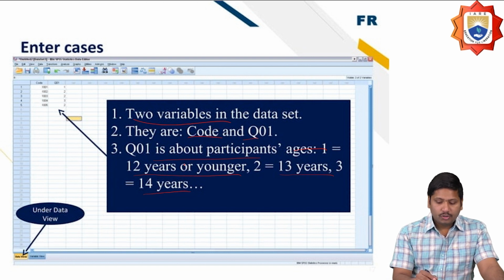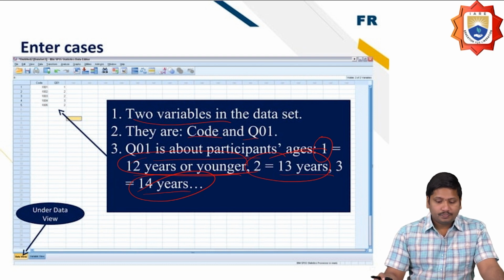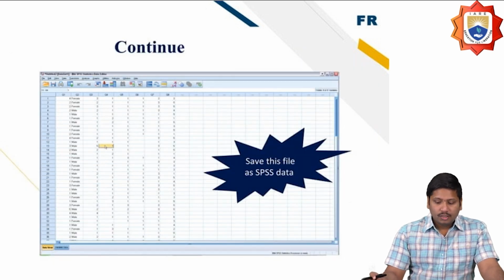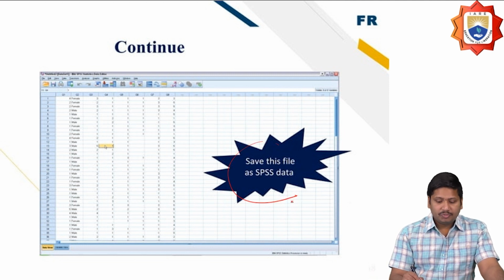So what I am going to use: one is for 12 years or younger, two is for 13 years, and three is for 14 years. Like this, I can enter the cases. After saving the data, save this file as SPSS data. So once that is done,